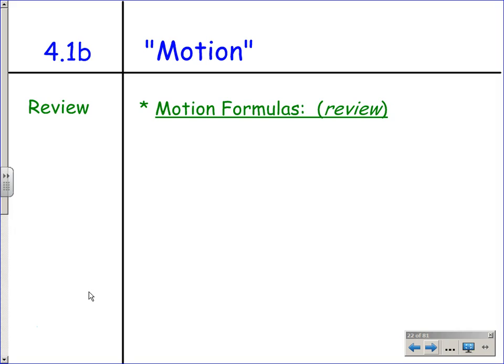Now, some of you might not have written down much for the problems, because you might have just been showing the work, and so you didn't get the information. But there were word problems back then too, weren't there? And things were hitting the ground, or velocities were being found. Anyway, we're going to do some motion review, but first you've got to have a packet in front of you.